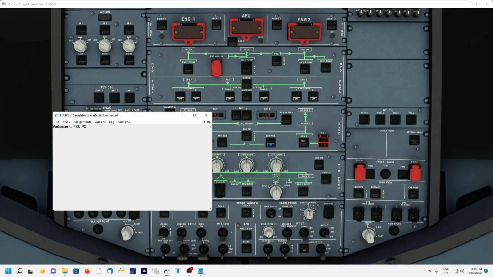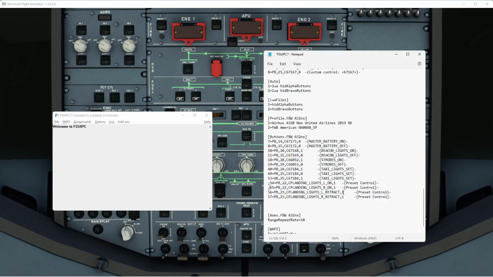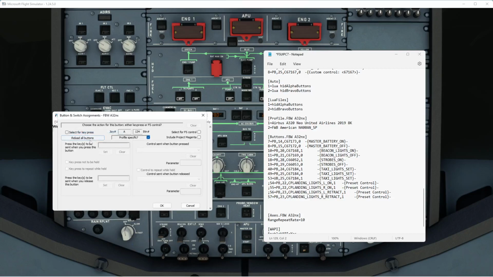when you do that, you're going to have to come over here, and now we've got these three lines, and you're going to want to comment that out so that the program can't read it. You're going to go up here, File, Save, come back to Assignments, Buttons and Switches. You're going to reload all buttons again, and it's going to read this file again, and it's not going to see these three, okay? And then you're going to go Profile Specific, or on, and work your button or your